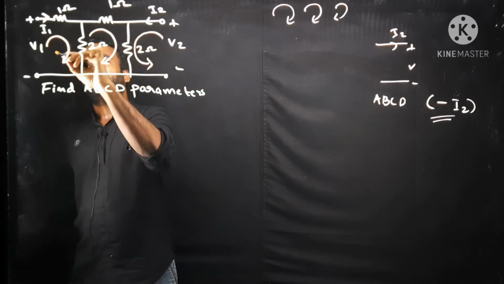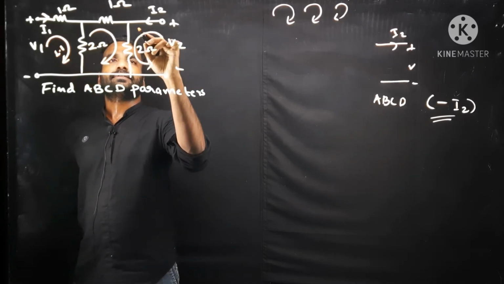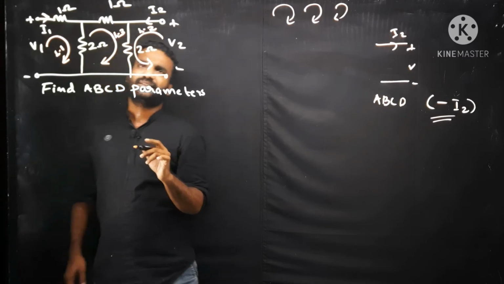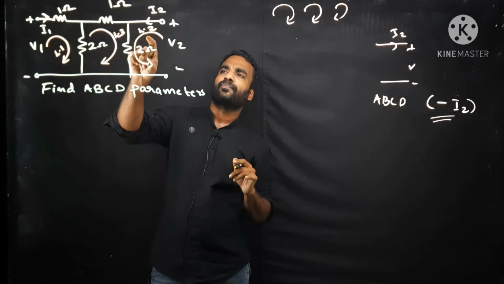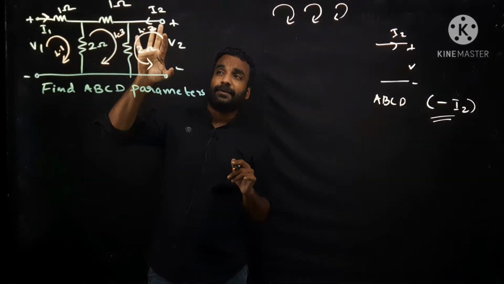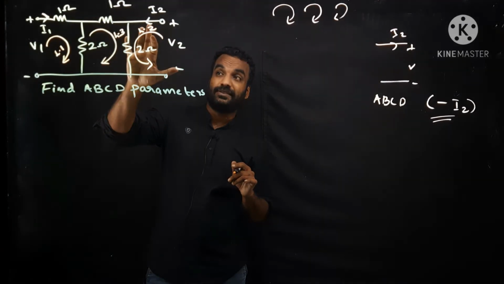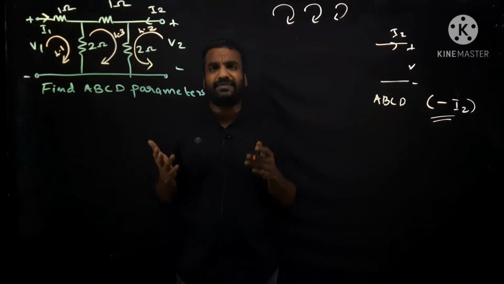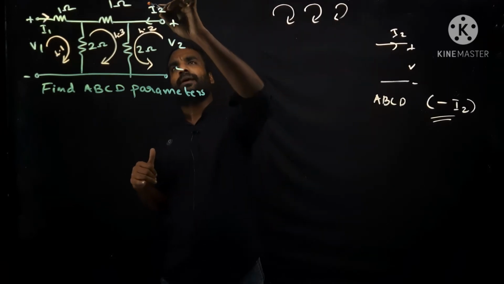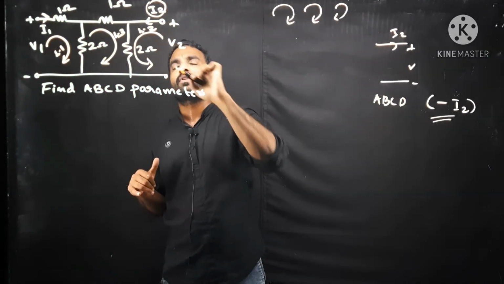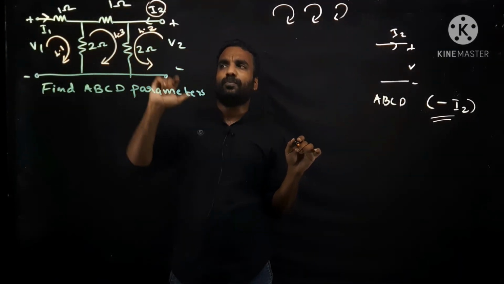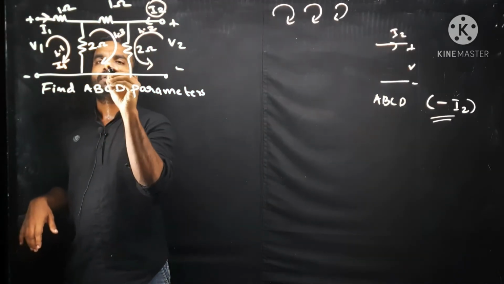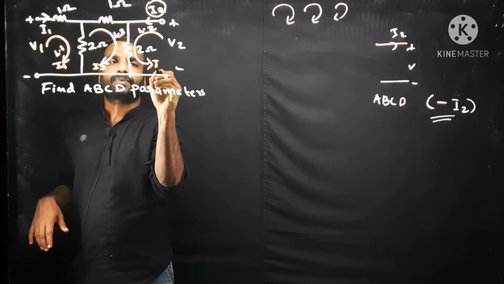And take this as loop 1, take this as loop 2, and this as loop 3, because if you are taking this as loop 2 in your equation, this current will be I3 if this is loop 3. So this I2 will be marked as I3 in the loop equation. That will make some confusion. For avoiding that confusion, for making this I2 the same as this one, we are taking loop 2 for this loop and loop 3 for this loop. So this is loop current I1, this is loop current I3, and this is loop current I2.